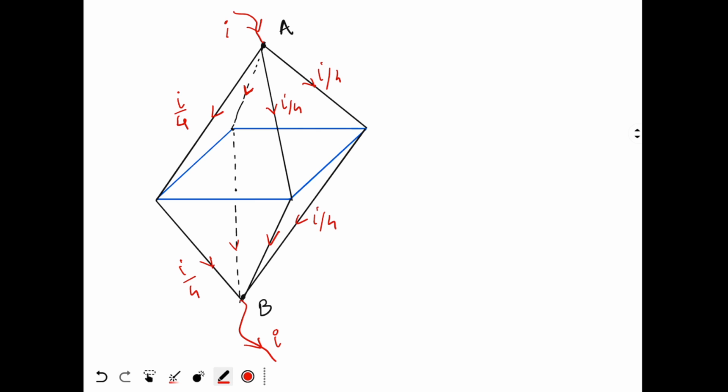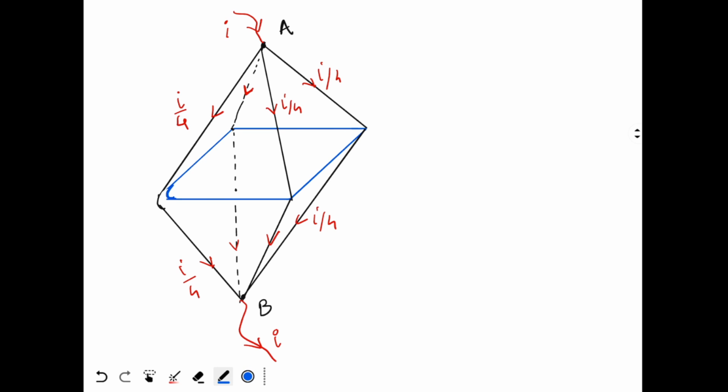Now look at this junction. Current entering over here is I by 4, current leaving over here is I by 4. So we could directly connect these two branches and separate them from the blue colored branch. Okay. So let me break this over here. So I connect them directly and I separate the blue branch over here.